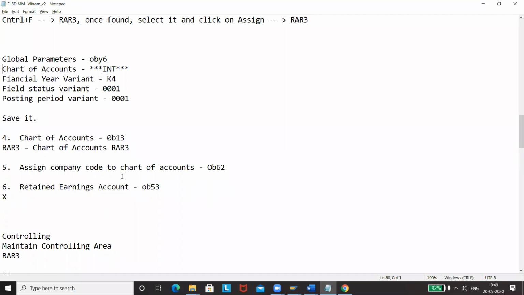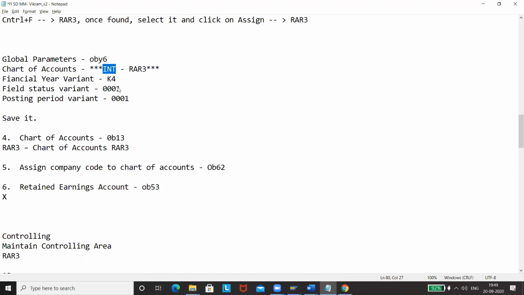See, chart of account: we haven't gone for the standard chart of account, but we created RAR3 as our own chart of account. May I mention it here? RAR3, we have gone for this one. We did not go for INT. If we had gone for INT, we wouldn't have to maintain these things. But we've gone ahead with RAR3, and so we maintain these things. K4, maintain these things. I've given these numbers. It doesn't make any difference.